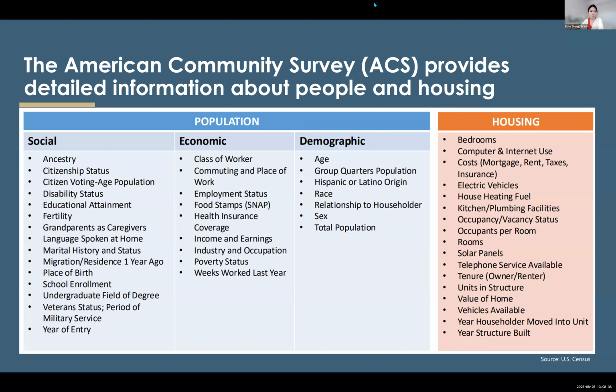Every year, the Census Bureau surveys 3.5 million households to produce estimates related to social, economic, demographic, and housing characteristics throughout the US and for Puerto Rico. So it covers a lot of subjects, as you can see on this table. That's why even just finding the right variables from ACS itself could be a challenge. So we are also going to spend some time to talk about how we can find the ACS variables we need.